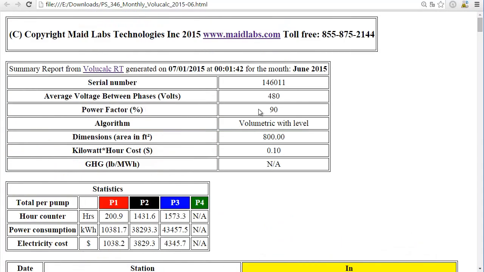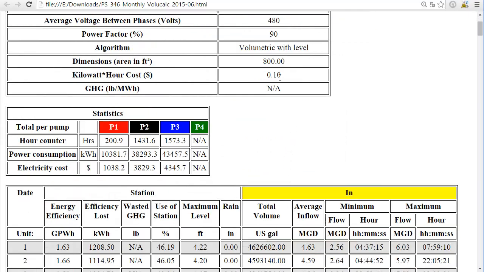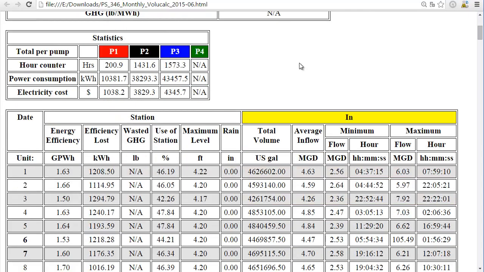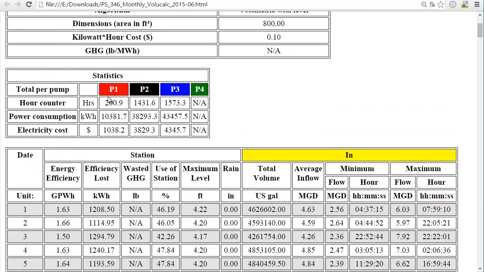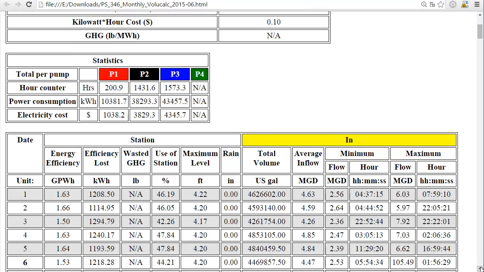So what you have in there, you have an idea of where the instrument came from and the dimension of the well, the cost of the kilowatts, and the hour meters that we had on them, the power consumption that we did, and the cost of using this lift station, these pumps. Then after that,